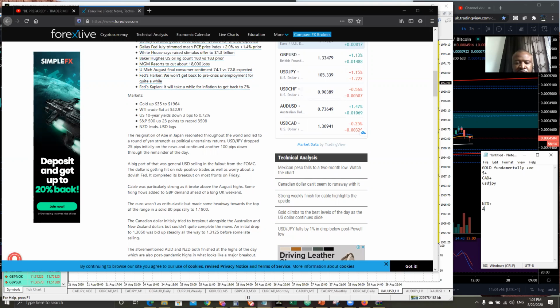We can deduce that Aussie is strong. We can deduce that USD is potentially negative. We can say double plus in a way. This is almost double plus as well. The GBP plus hard